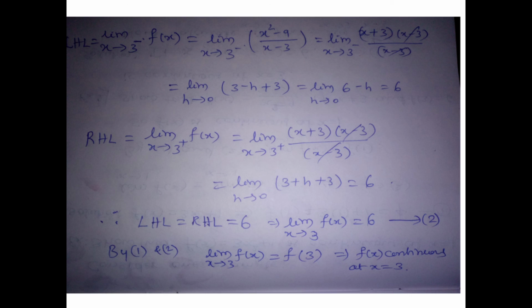Limit of the function f(x) as x tends to 3 from higher values of 3 is equal to limit x tending to 3 plus, where we split this x squared minus 9 in the numerator as the product of (x plus 3) and (x minus 3), and in the denominator we retain x minus 3. So the common factor x